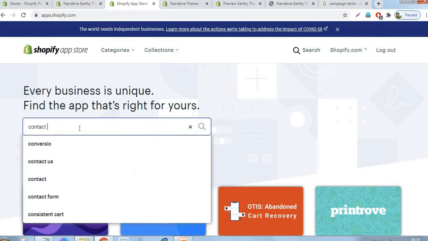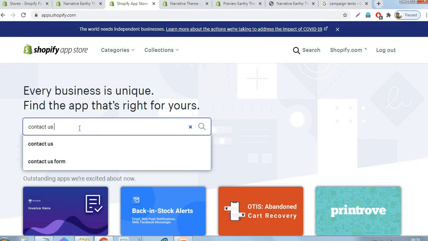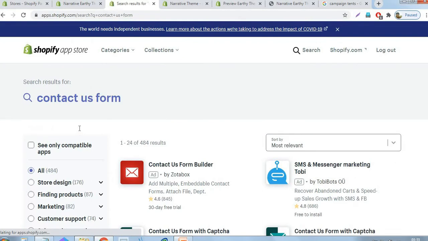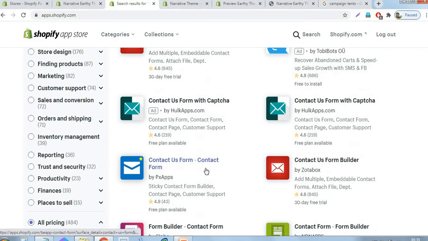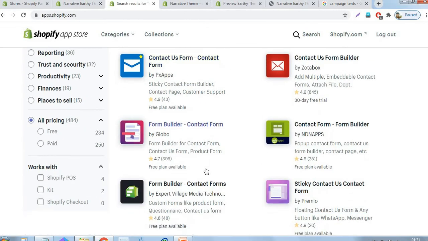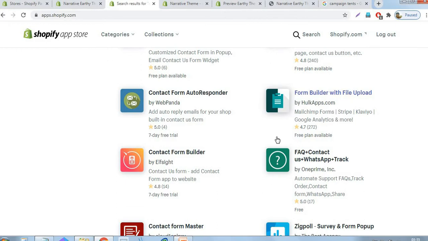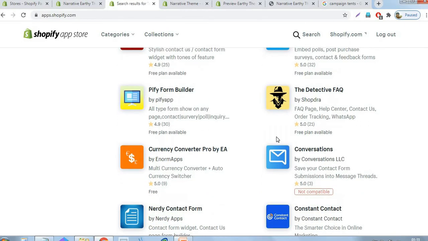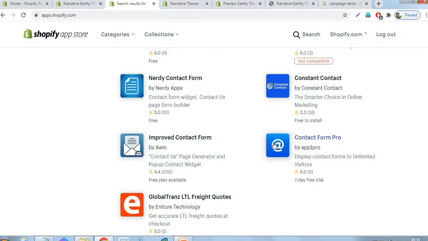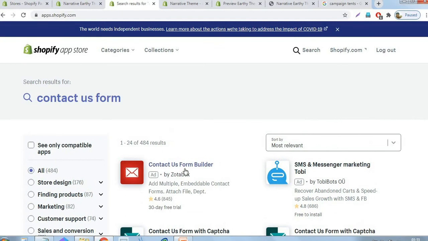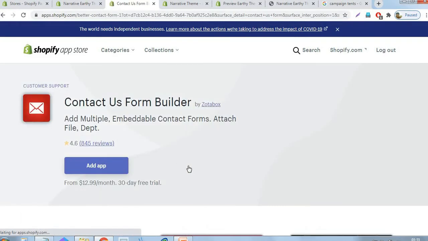We are in the process of creating a store for camping tents. I want to show how to create your store with some basic and very important features. That's why I selected the best two applications. You can add more applications whatever you want, but in this video I will explain the two applications only. The first one is the contact form application.